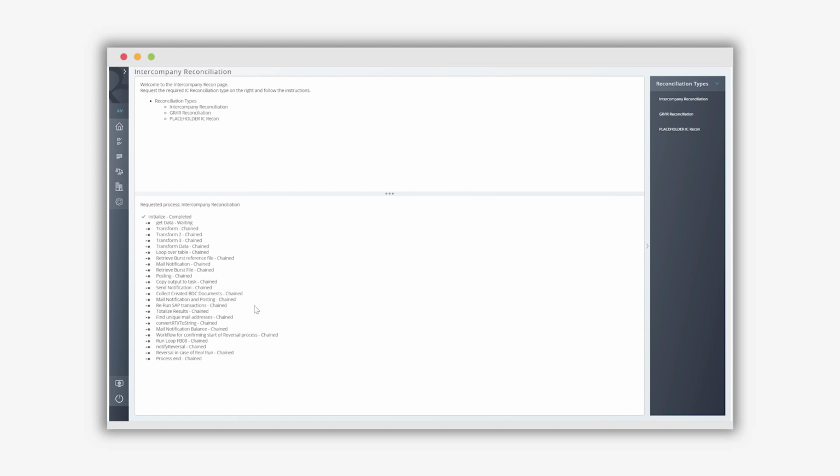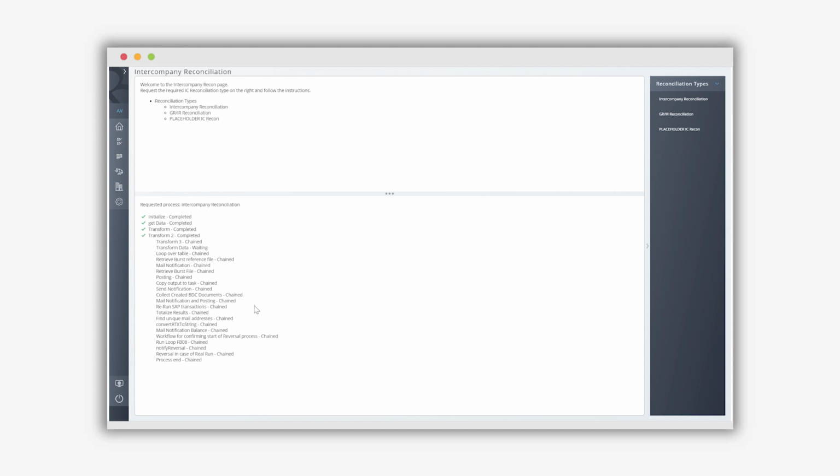A lot of this is going to be displayed in my inbox, and as I receive mails in my email client, I will show you exactly what's happening. One of the key components within this intercompany reconciliation process, after we've retrieved the data from both sides of the trading partners, is that we're going to perform a matching routine. I'm going to review the matching routine after this is complete